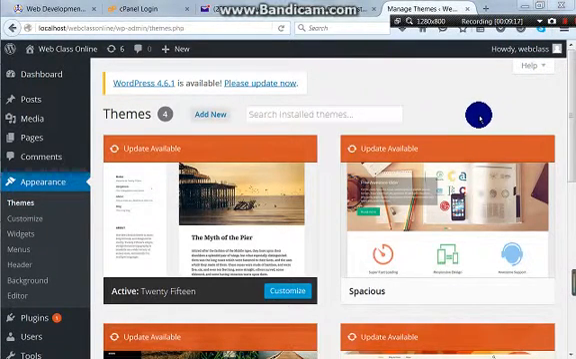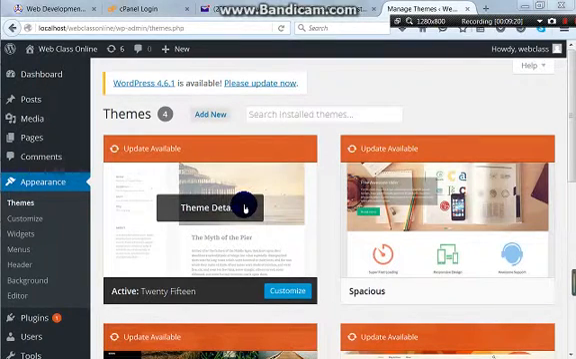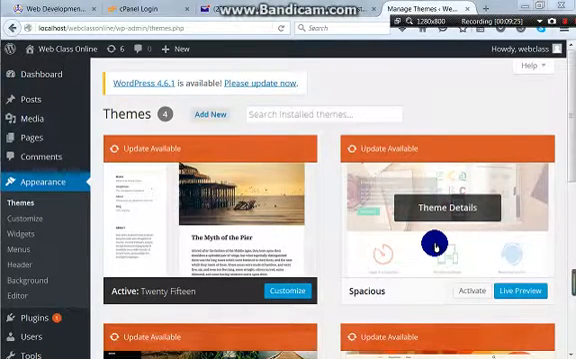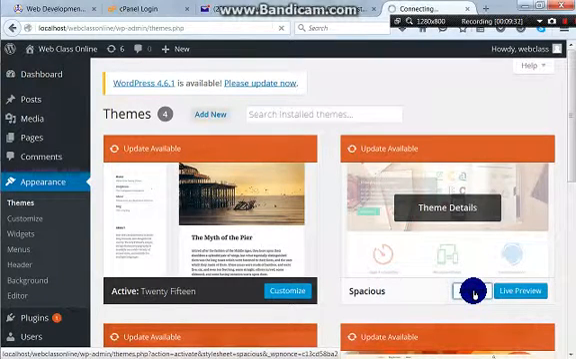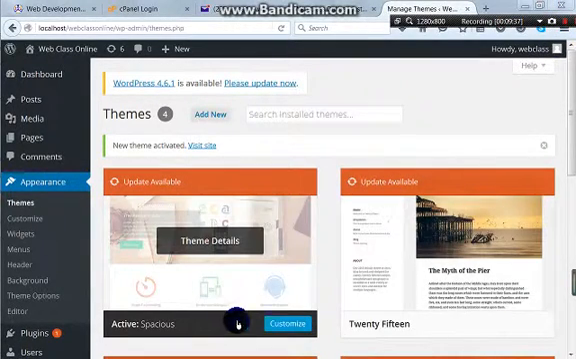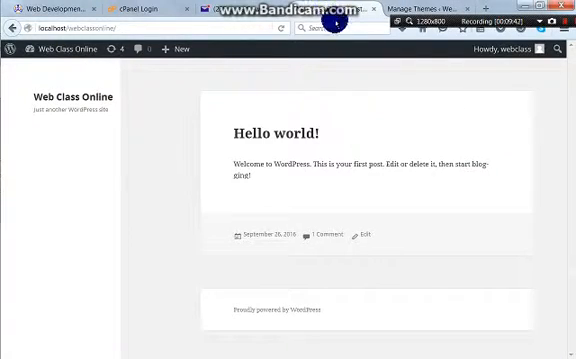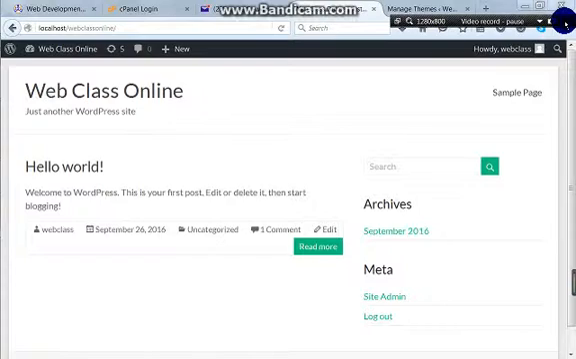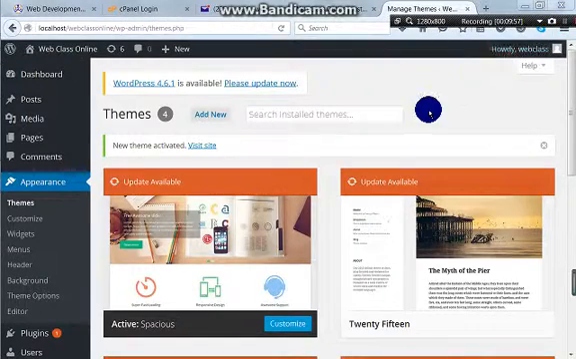Wow, this is wonderful. The themes we have right here: we have the default theme, Twenty Fifteen, and we also have the Spacious theme. The Spacious theme is what we are going to activate, and as I activate this, you will see what it looks like. Okay, it has been activated. This is the Spacious theme, and right now I want to go back to web class online and refresh and see what I have there as my new theme. Wow, now you can see what I have here as my new theme. Well, if it was to be online, then